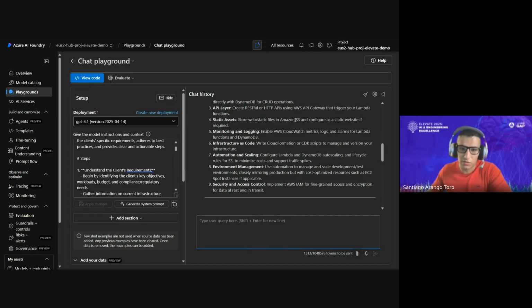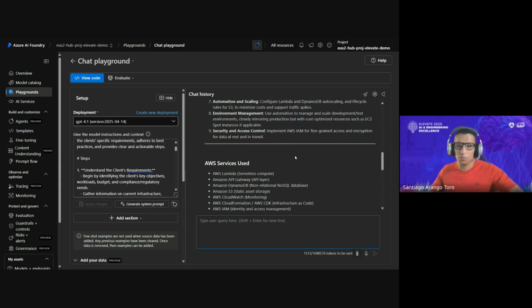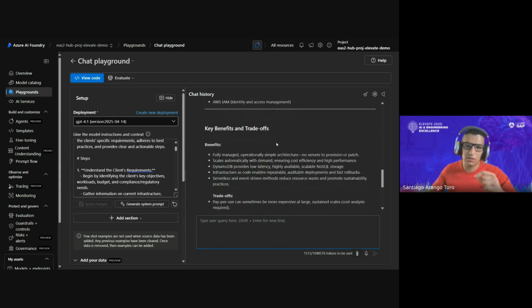You can use Amazon S3 for storage. You can use CloudWatch for metrics. So it's actually providing a good set of responses. But in this case, it's because I fed it the best practices document from AWS. But one of the good things in here is that if you scroll